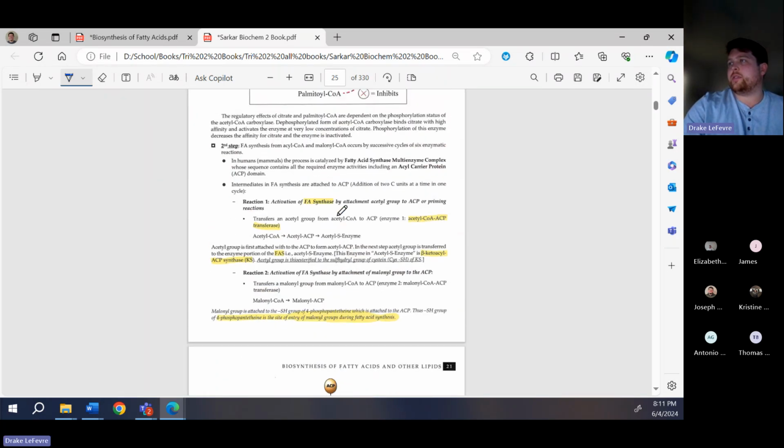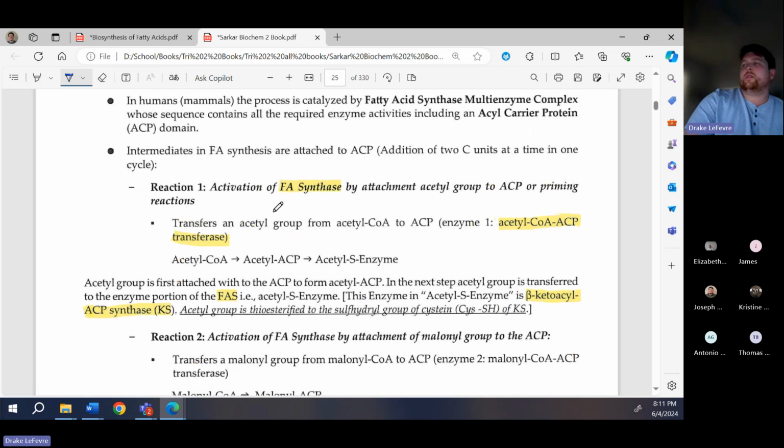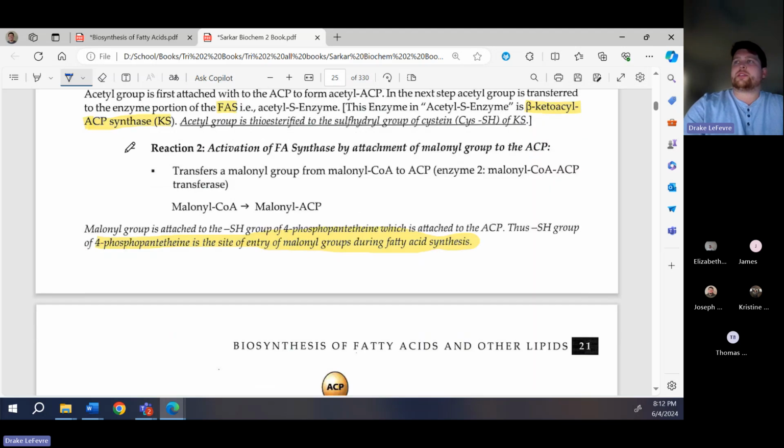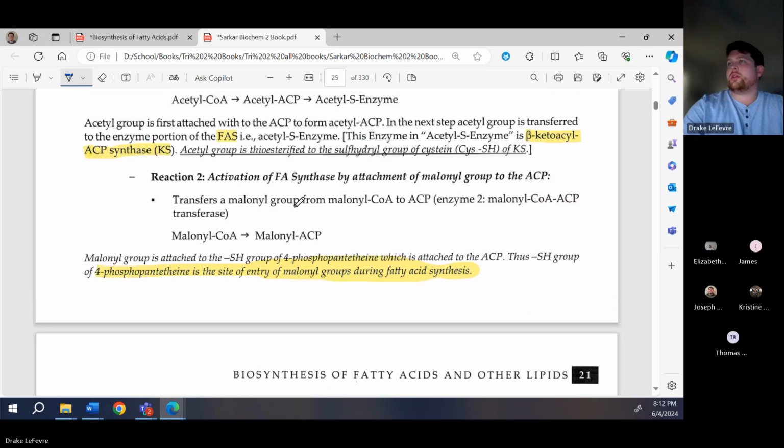Let's find it. I think it has the pattern written here as well. We've talked about this a little bit before as well. We get activation. We have the fatty acid synthase that primes the reaction, which should also prime the reaction when we talk about beta oxidation as well. So fatty acid synthase doing its job. Reaction 2,